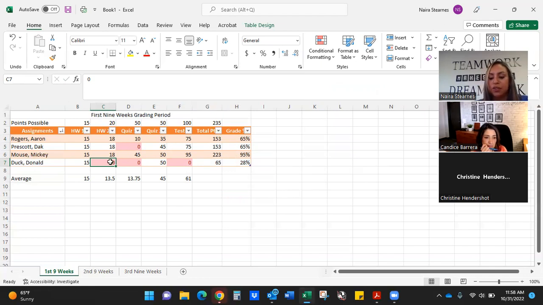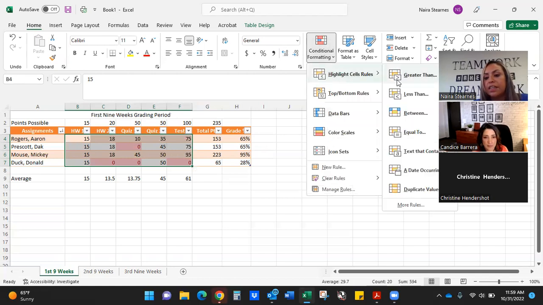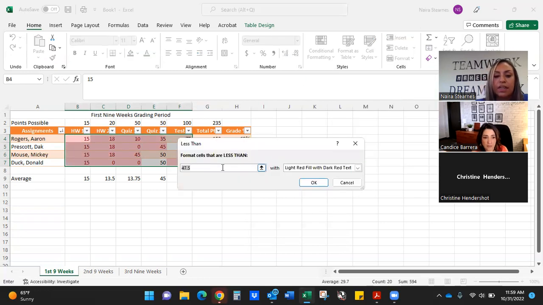And you can do it with any other information. Like say you have a grading policy that says if you make a C or less, you can come and redo your homework or redo that paper. Then you can select them, go to conditional formatting. This time you'll do the less than. And you'll say, okay, anyone with less than a 70, but I want them just to be yellow, right? I don't want it to be red because,